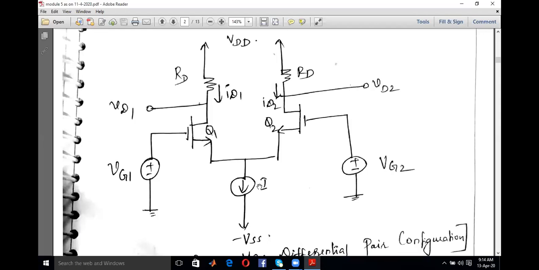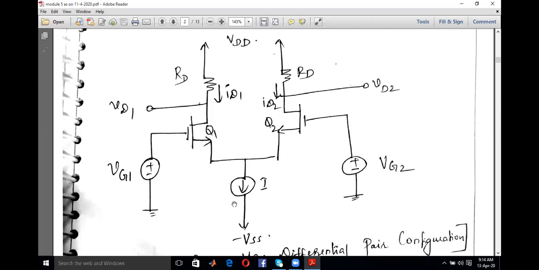So by using any of those versions, bipolar versions or the MOSFET versions of current mirror or current source circuits, we will be able to set the desirable amount of I, whatever you require to bias this particular circuit. For example, if this circuit needs 5 milliampere current, you can set a current source circuit by using any of the current mirror circuits you have studied in the previous module. Okay, so I'm not going to handle that again.